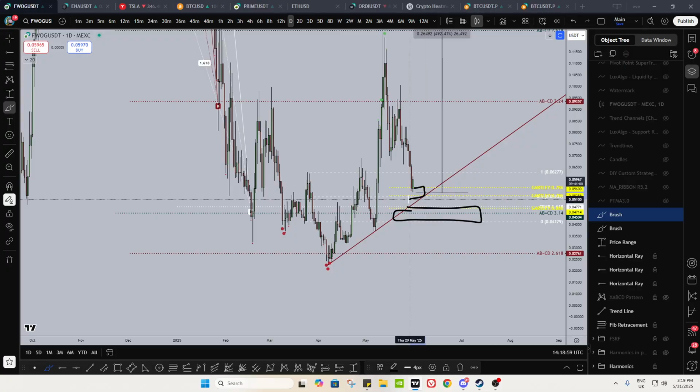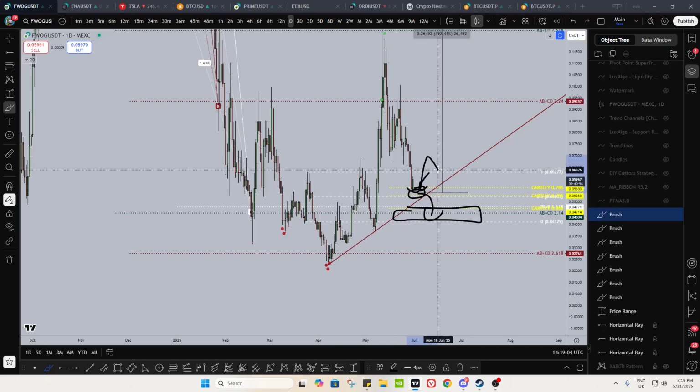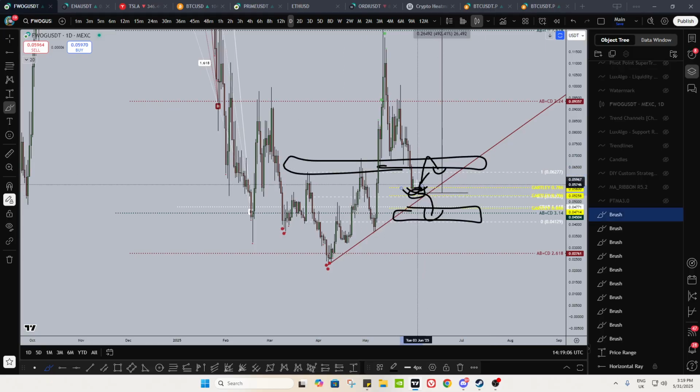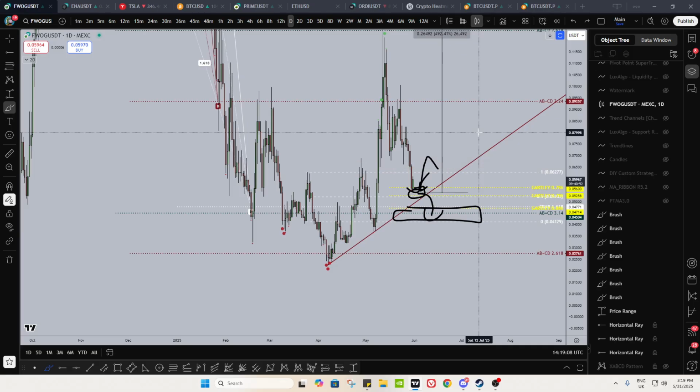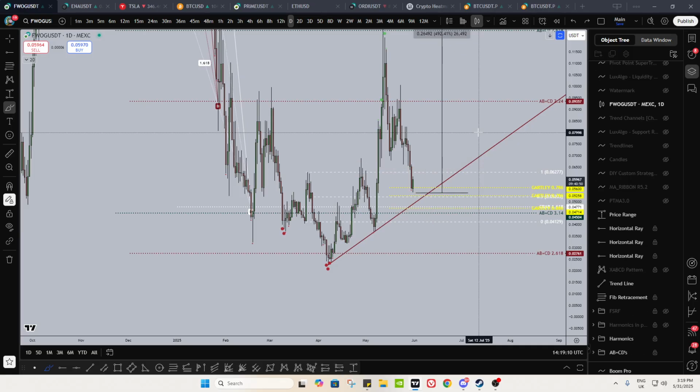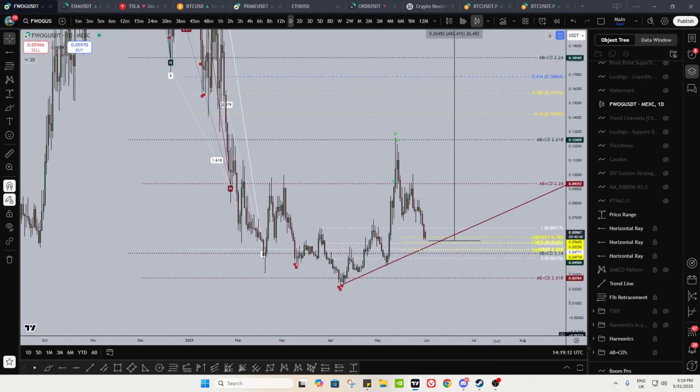You might not be that comfortable entering with size here, that's fine, enter 30% or something, and then DCA should you go lower, or size up if you start flipping it to support, and this does look like the low, right? There's many different ways you can play this, but the main thing is, don't get chopped out and just watch your downside. That's it.